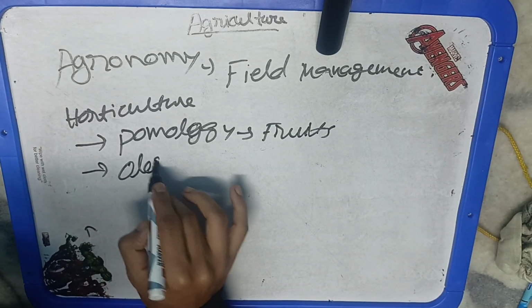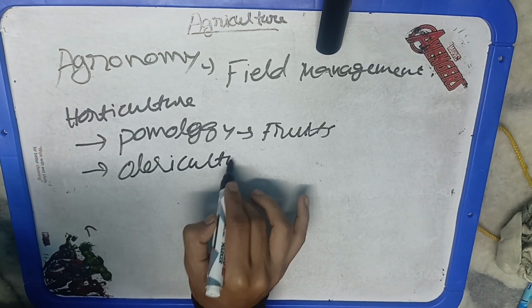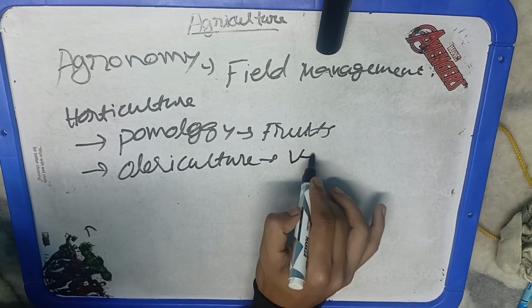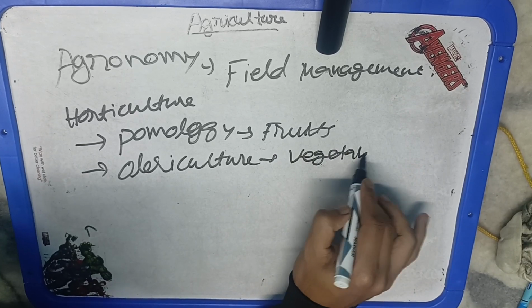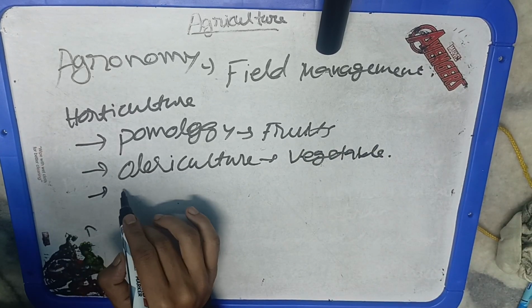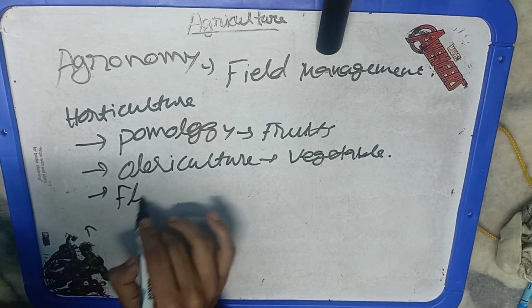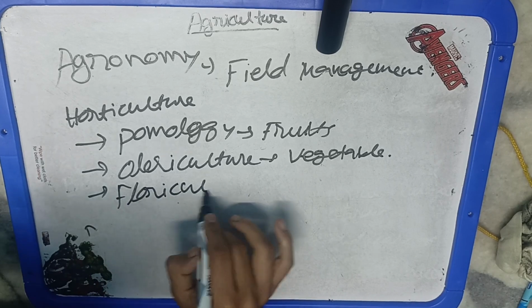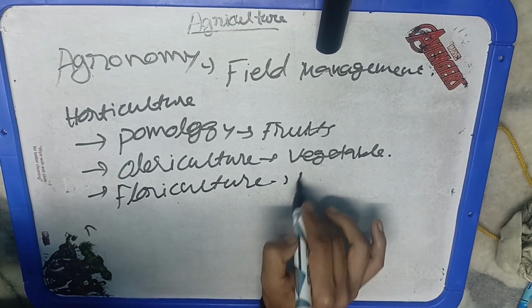This is a little bit difficult or different, we can say. Like pomology is basically somewhat correlating with the fruits. Floriculture is very much correlating with the flowers, but olericulture is not directly correlating with the vegetables by name. But olericulture is the study of vegetables. Okay, this you have to remember because many a time this question is also asked in the examination.